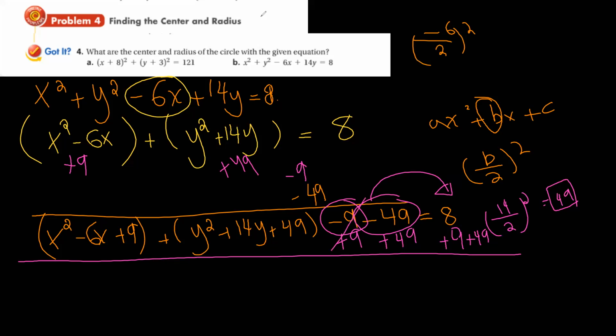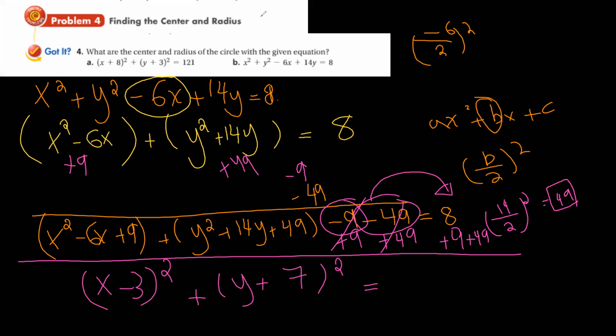So for this one here, x squared minus 6x plus 9, can I write it as x minus 3 squared? Yeah. And y squared plus 14y plus 49 is y plus 7 squared, equal 8 plus 9, 17, plus 49,